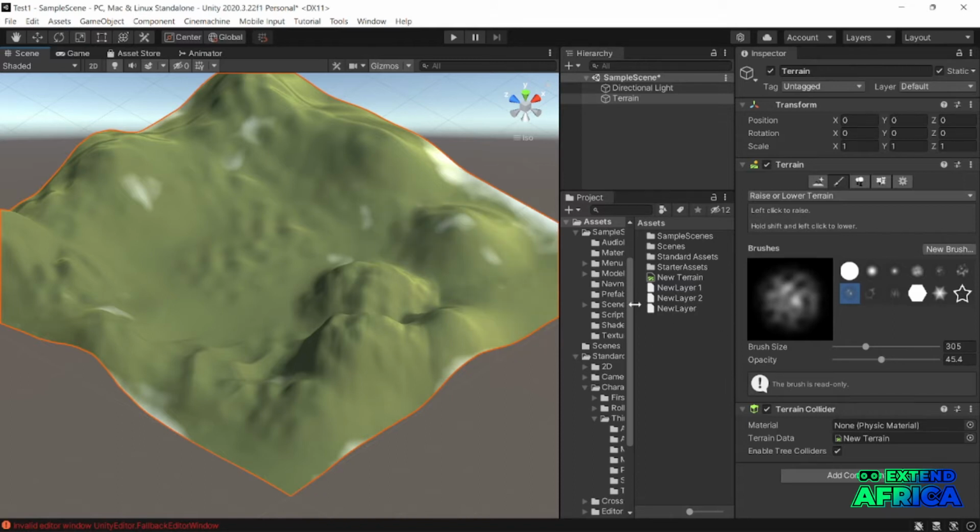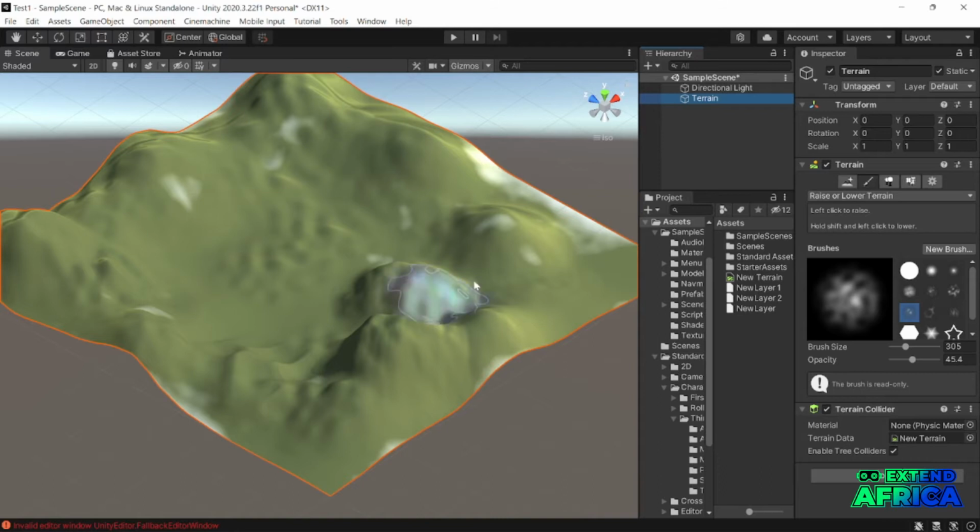So the next thing we want to do, for us to even check out what we have created, now let's do something before we proceed. We want to move around on this terrain. Okay, for us to move around, we need